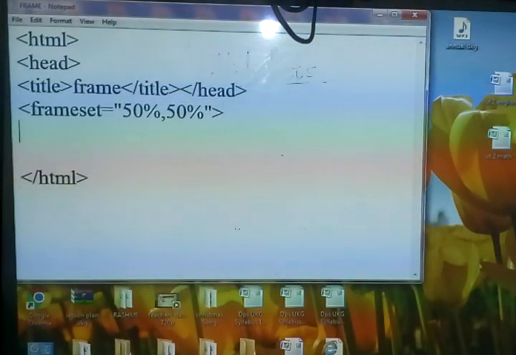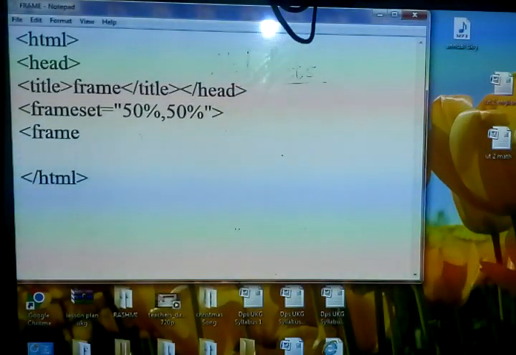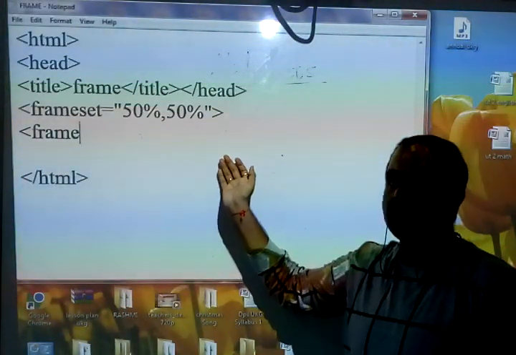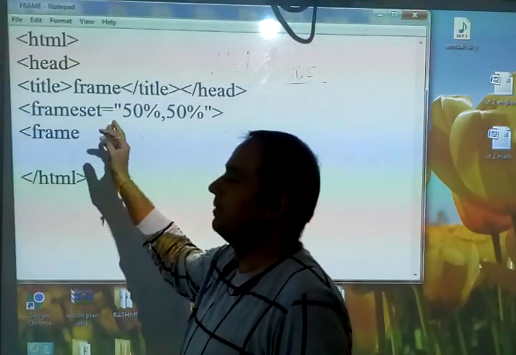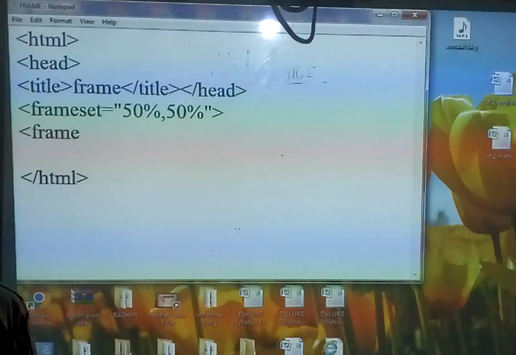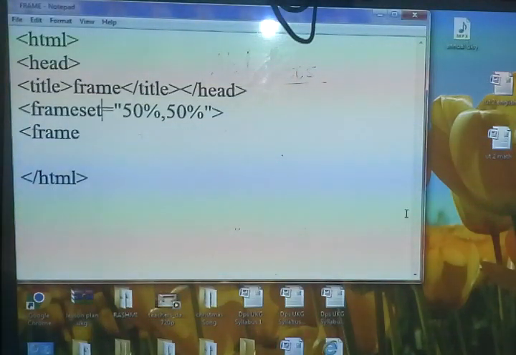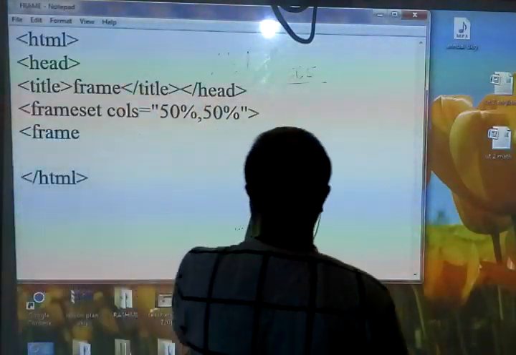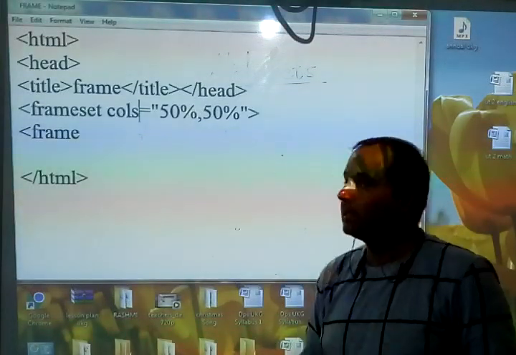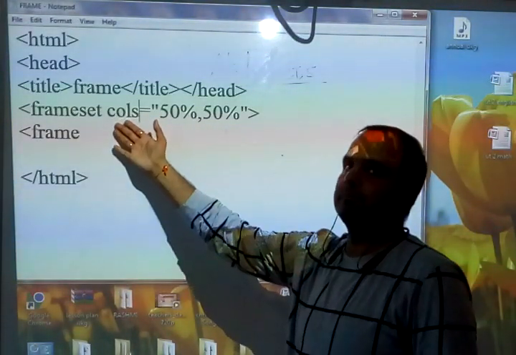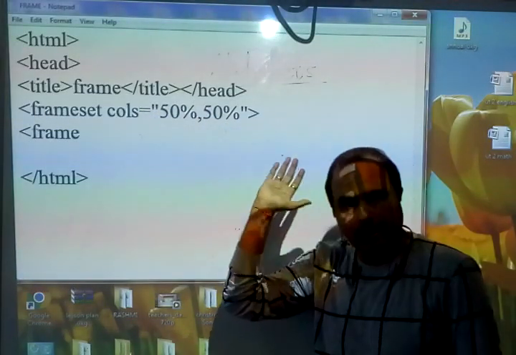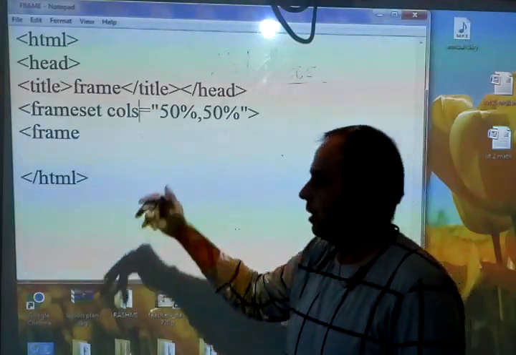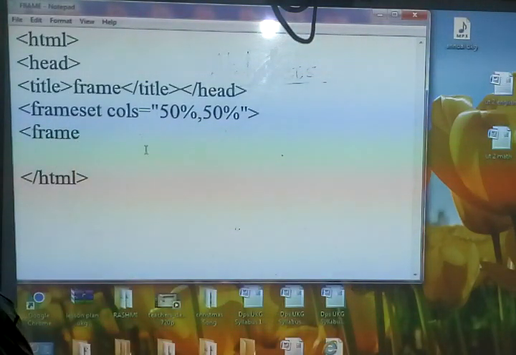After this we can write the frame SRC, because this tag will divide the screen into two separate sections. If we want to divide by row, then what we have to write here, we write rows. If we want to divide into columns, we write cols. Frameset cols equal, because we want to divide into columns. But if we want to divide into rows, then we write frameset rows equal, and the row values, however many rows you require. So now I am writing the frame SRC